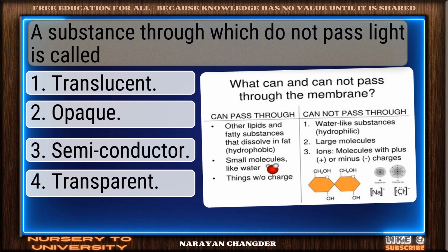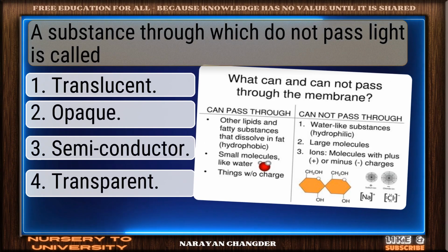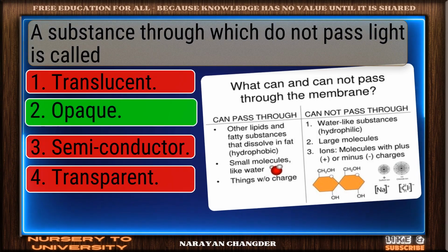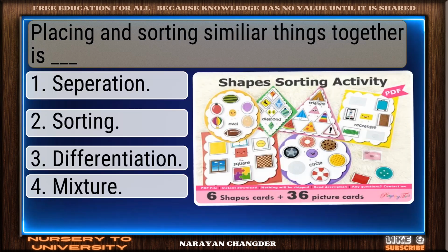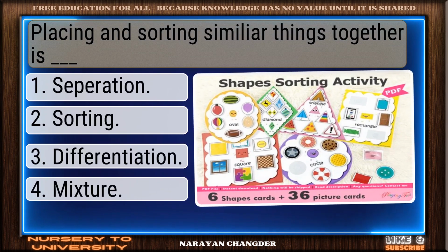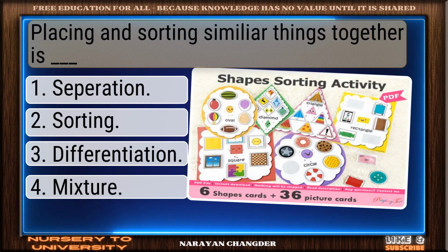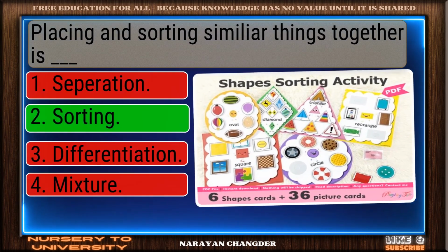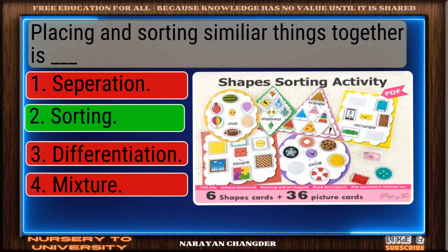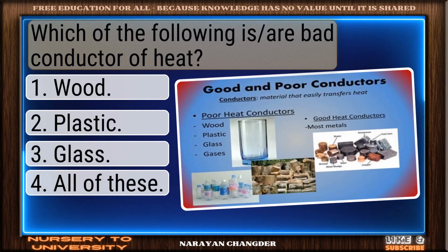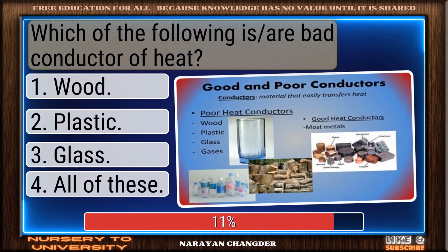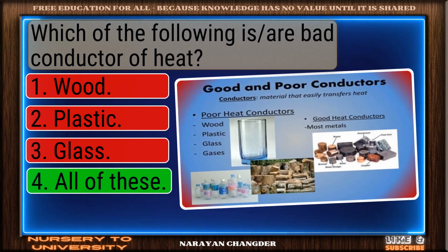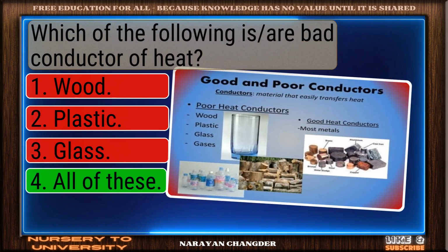A substance through which light does not pass is called. Valid point. Opaque is true. Placing and sorting similar things together is dash. Smart pick. Sorting is the correct choice. Which of the following is a bad conductor of heat? Clear logic. Your choice, all of these, is sound and